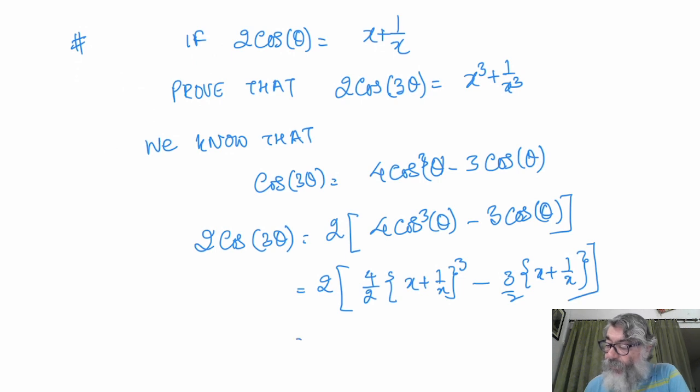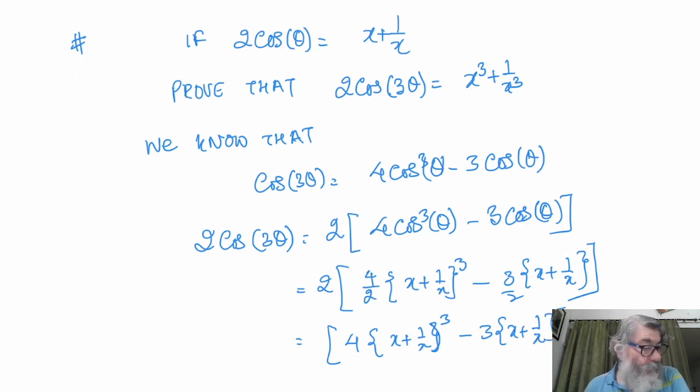So 2 will cancel from here. You will get 4 x plus 1 upon x whole cube minus 3 x plus 1 upon x. That is the value which we are getting,